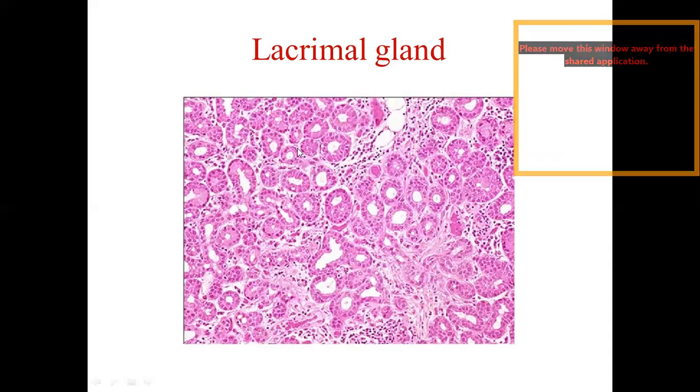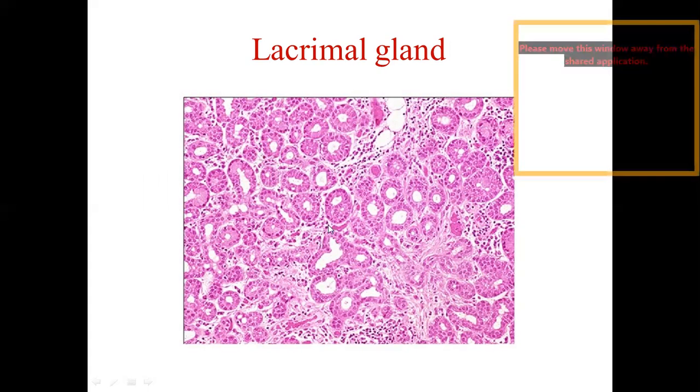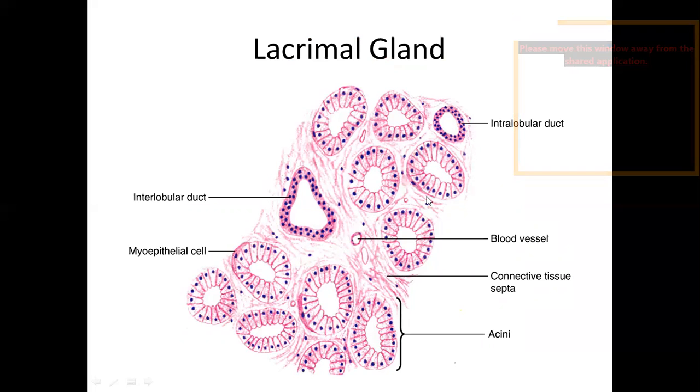So here you can see the histological feature. So the feature is same as that of serous salivary gland. Only differentiating point is you can see the lumen is large here of the serous acini, and also the lining is low cuboidal cells, and the size is bigger. If you remember the serous salivary gland, the serous acini they are smaller, whereas here they are bigger in size. So diagrammatic view, here you can make out the serous acini, myoepithelial cells in between, contractile cells.